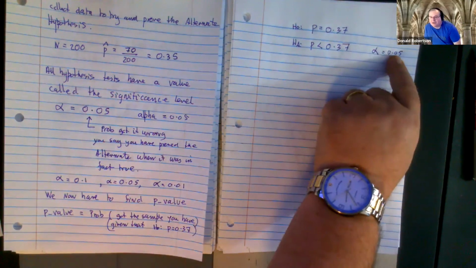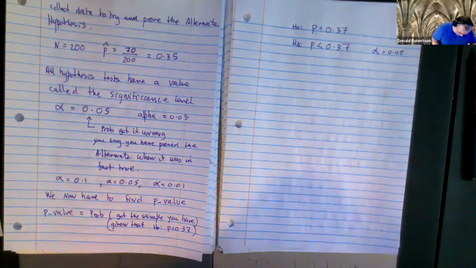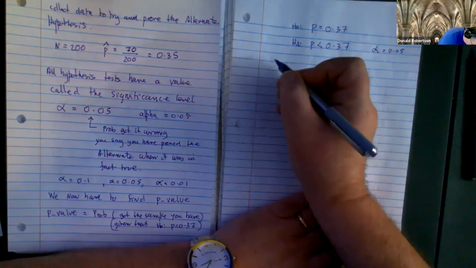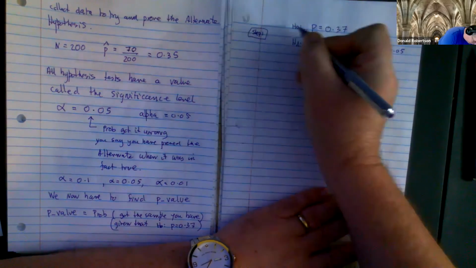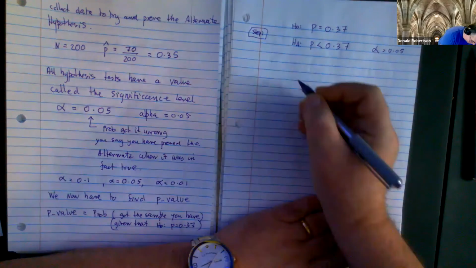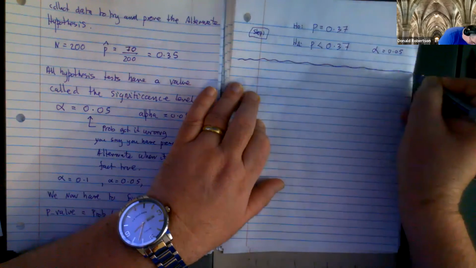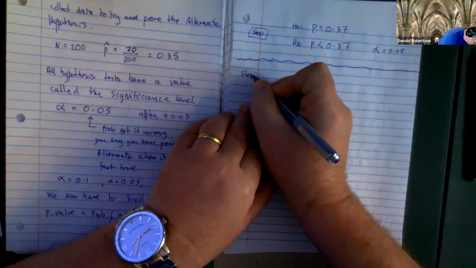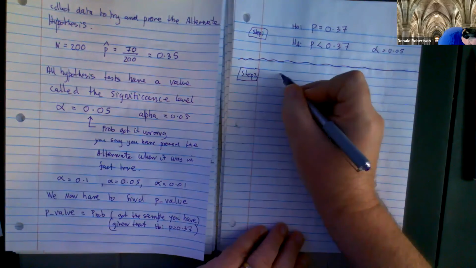Do you know another way of looking at that? I'm 95% sure I got it right, and I'm 5% sure I got it wrong, right? So it's two different ways of seeing it. So you've set that up. That would be essentially our step one, and that is setting up the hypothesis. Step two is find